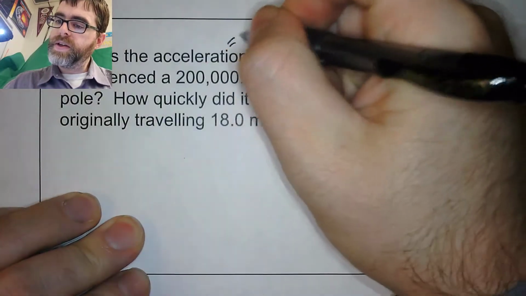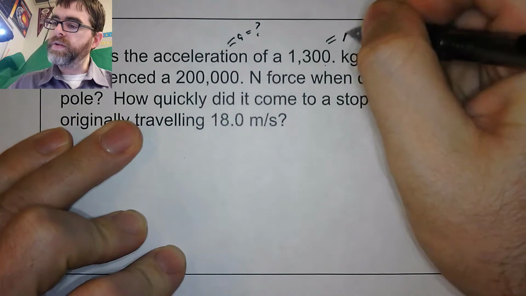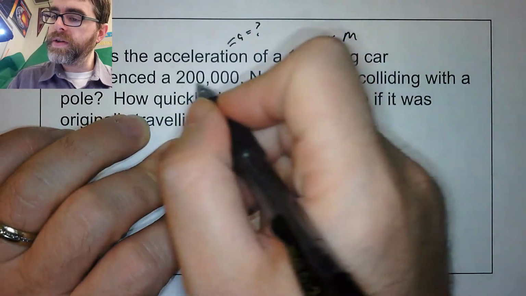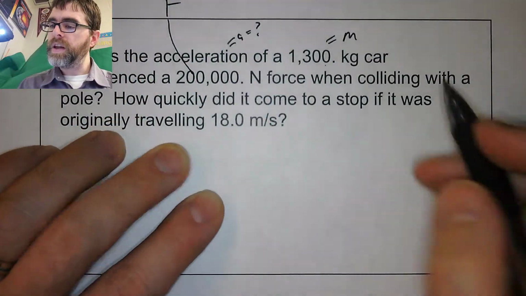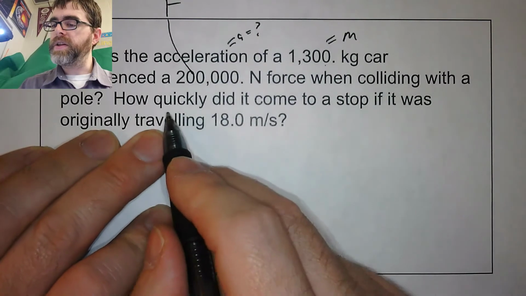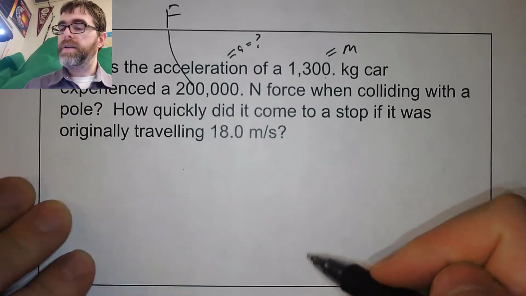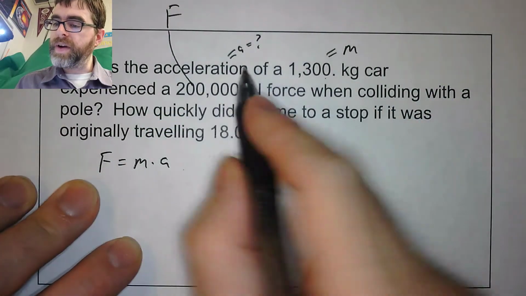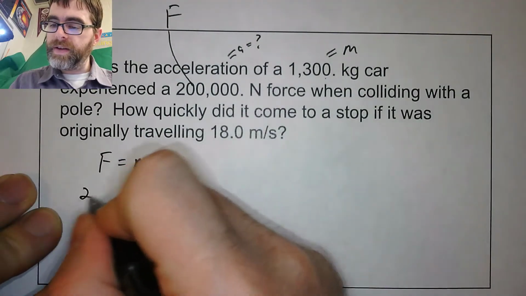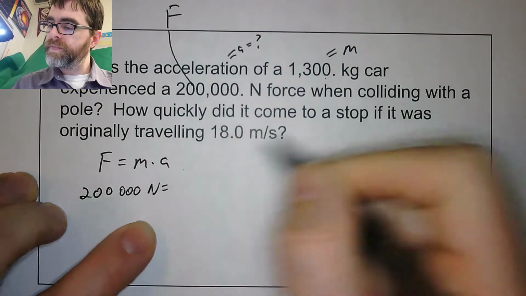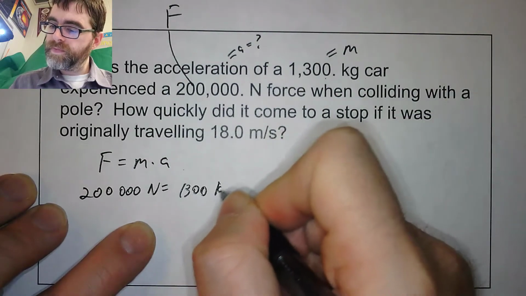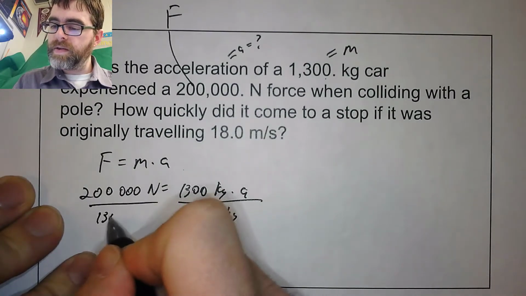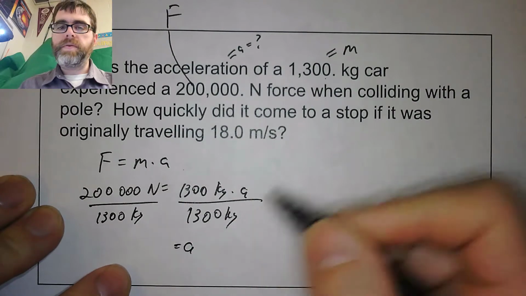Next, we're asked what is the acceleration of a 1,300 kilogram car, that's our mass, that experiences a 200,000 Newton force when colliding with the pole. And then there's a second question here, which we'll come back to in just a moment. We're going to again use F equals ma, but this time we're solving for a, so we're going to leave a alone and we'll plug in our other values. And then, of course, it's just basic algebra to rearrange that and get a. And so a is equal to